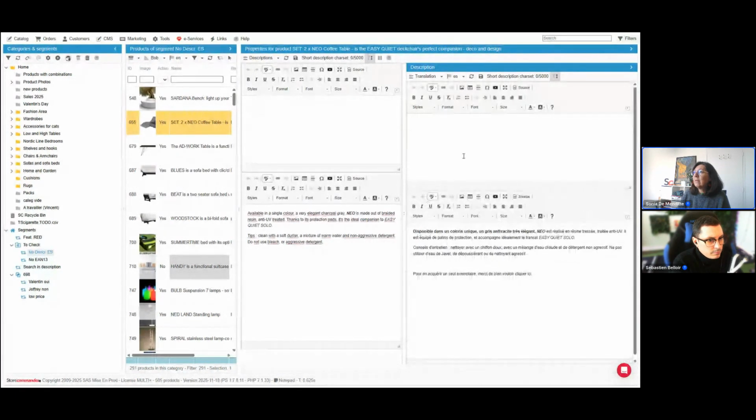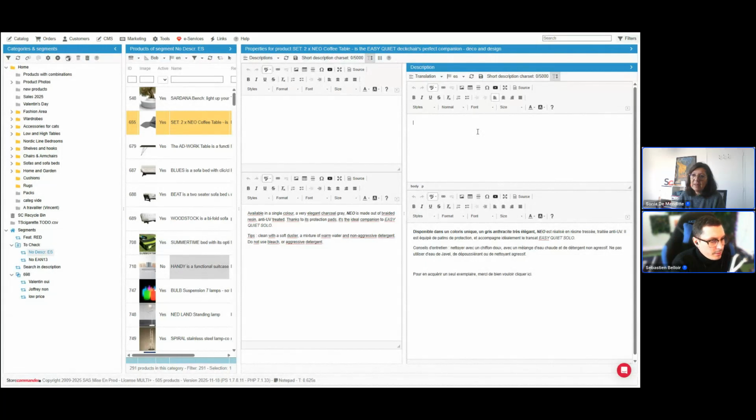And indeed, I'm missing a translation here in Spanish in a description. So I can ask my colleague, Natalie or John, to add the description in Spanish, just using that segment. No need to go through all the different categories to find the product and check. Don't need to do that.